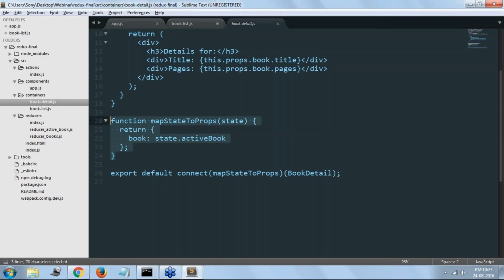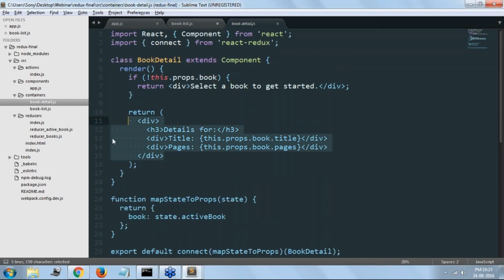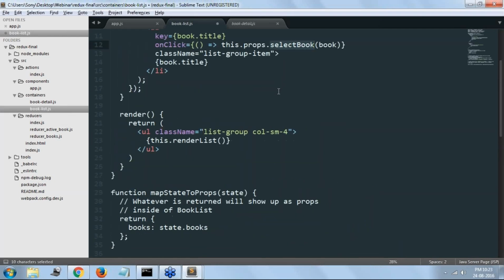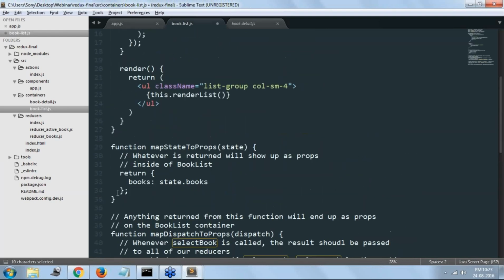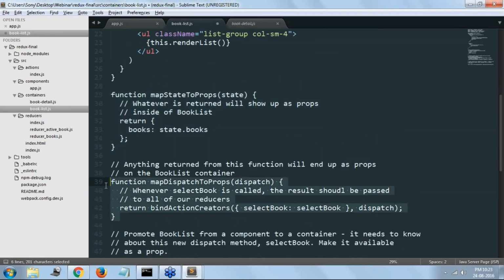Here from this component you are not going to fire any call to the Redux layer. So with mapStateToProps, you are going to get the active book information from the Redux layer using state.activeBook. You got the book data, now you are just showing it. Similarly, the BookList, which is showing the list of books, you are firing the onClick, you are firing the selectBook. So here you are doing both things, getting the list of the books and firing the onClick method. So you are writing both methods: mapDispatchToProps to fire an action, and mapStateToProps to get a state object from the Redux layer.